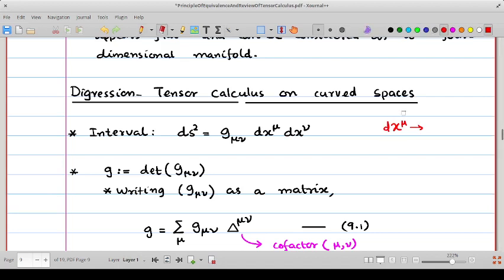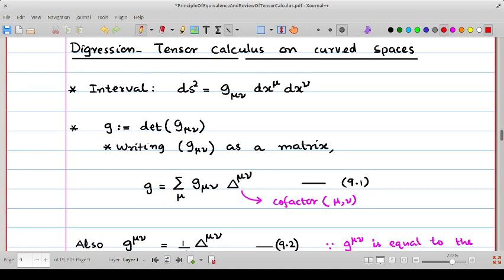So they are components of contravariant vectors, and dx^μ dx^ν is a rank 2 contravariant tensor, and g_{μν} is the metric tensor, the components of the covariant metric tensor, and ds squared is the invariant interval in the space. And the determinant of the metric tensor is denoted by the letter g,